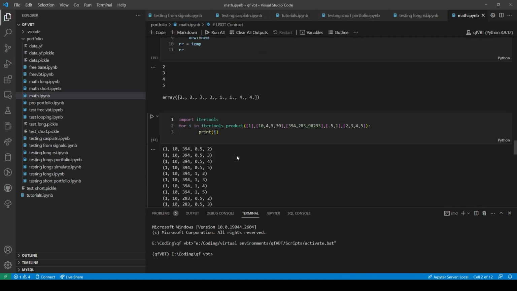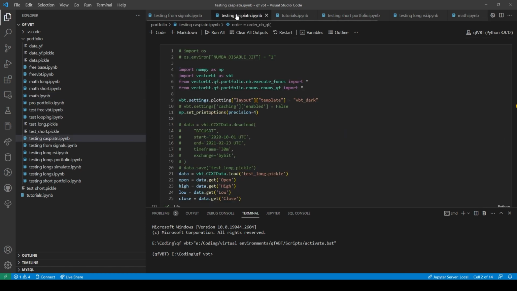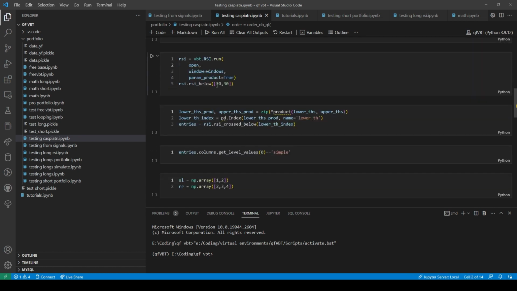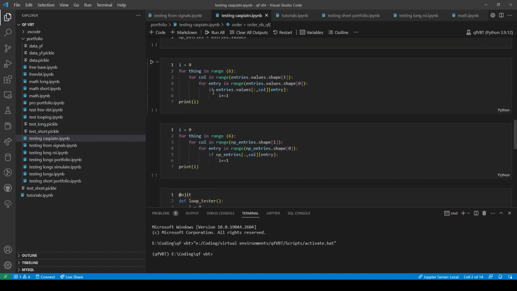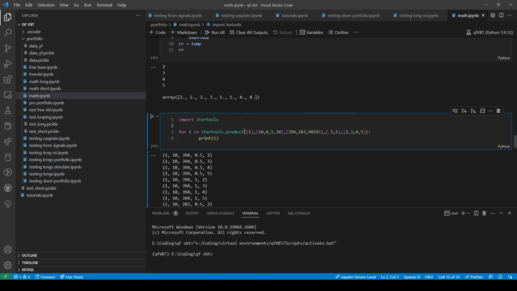Oh, itertools. I wonder, could I do this? Oh, I have to send.